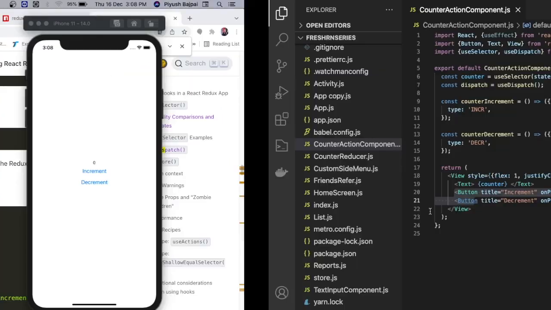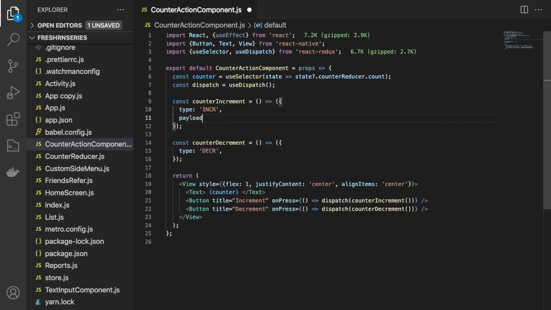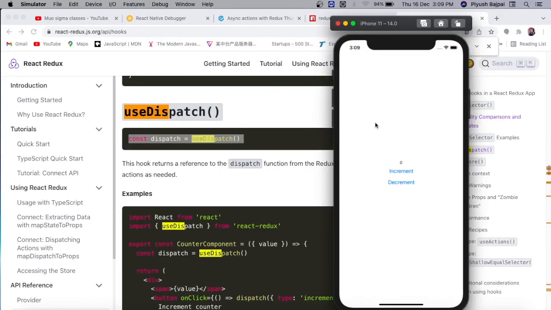If you're clicking on increment, then we are dispatching, using useDispatch. Using this, we are dispatching an action. This is the action with the type, and here you can also pass a payload. But right now we don't need a payload, so we are not using it. In a future video, or in the second video, we will show you how to pass the payload and how we can update the data exactly. So this is just an example I've shown you, where we are just incrementing and decrementing the value using Redux. This is a very simple example.